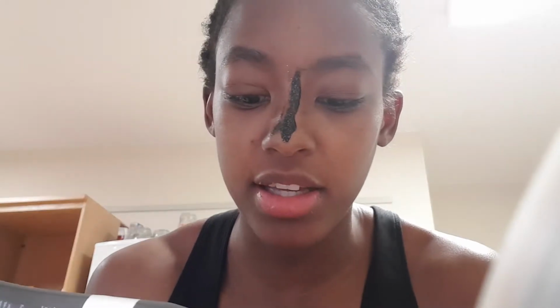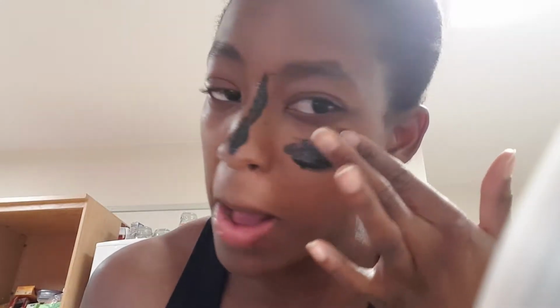Oh, it says avoid the eyebrows. I should just do that section because my eyebrows need to be waxed. Like, look at this. It's so glittery. But yeah. Okay, so